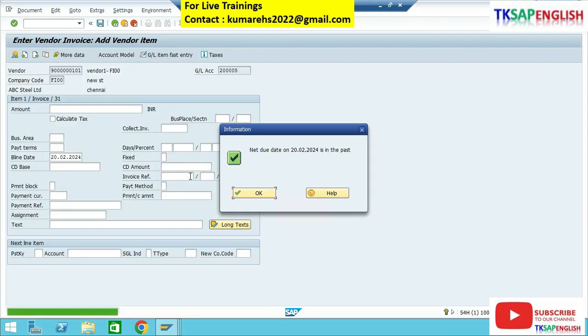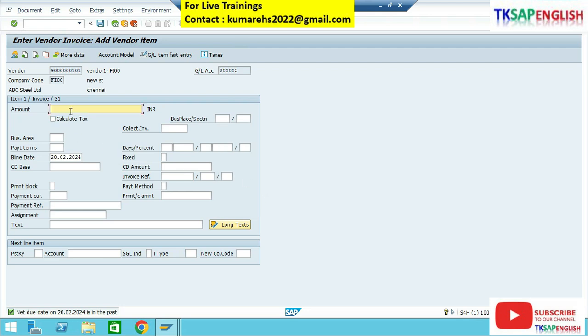Now enter the amount, item number 1, invoice. For example, I'm going to enter 2000 INR and enter the text, asset purchase. So for example, here I'm going to enter 10,000 INR,